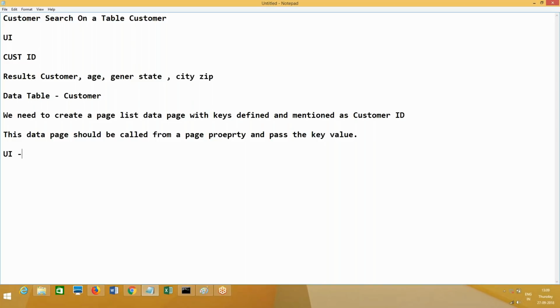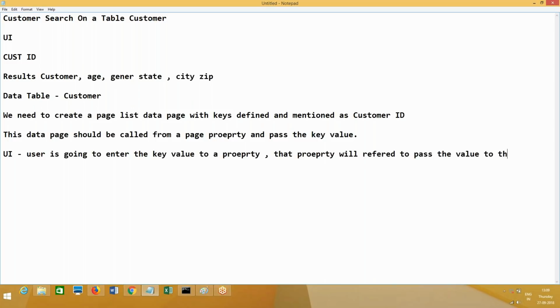So in the user interface, the user is going to enter the key value to a property. That property will be referred to pass the value to the key of the data page list. So this is what we are going to do now.